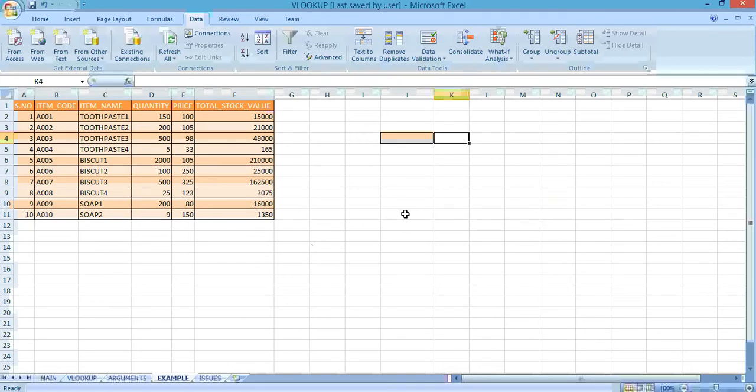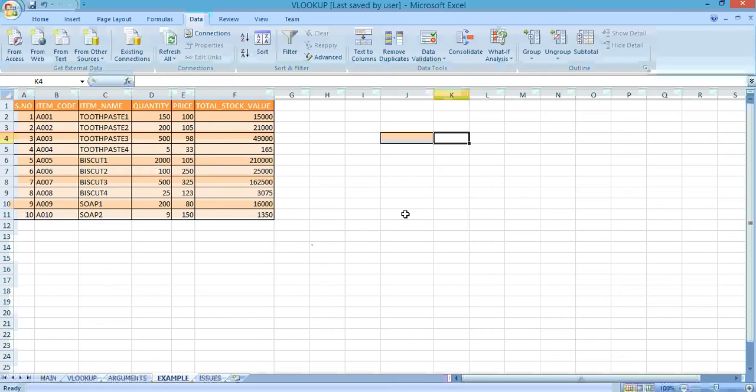Now I'll show you one more example. We will understand VLOOKUP through one more example. Suppose I am the owner of a grocery shop and I have various items in it. So one supplier comes to me and asks whether I have the requirement of some item. For example, this supplier supplies biscuit. So I will check in my stock. Means there are various items in this table. Although I have shown very few, but in my shop there are various items.